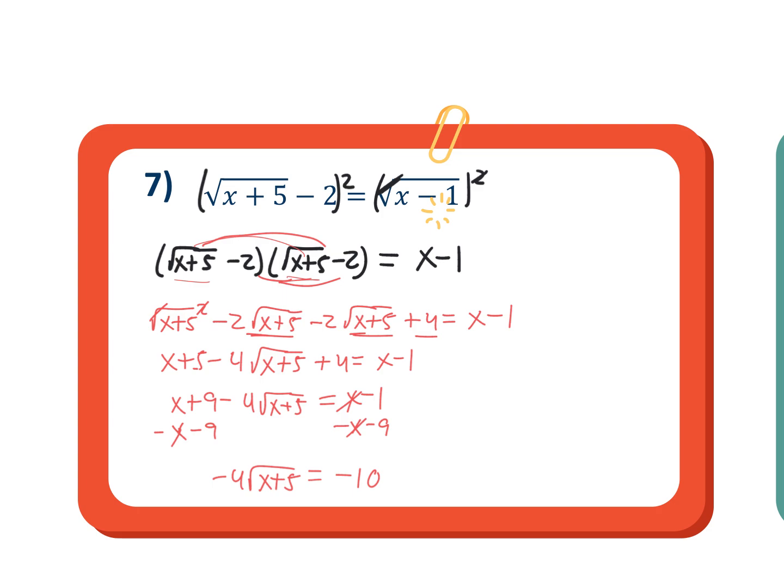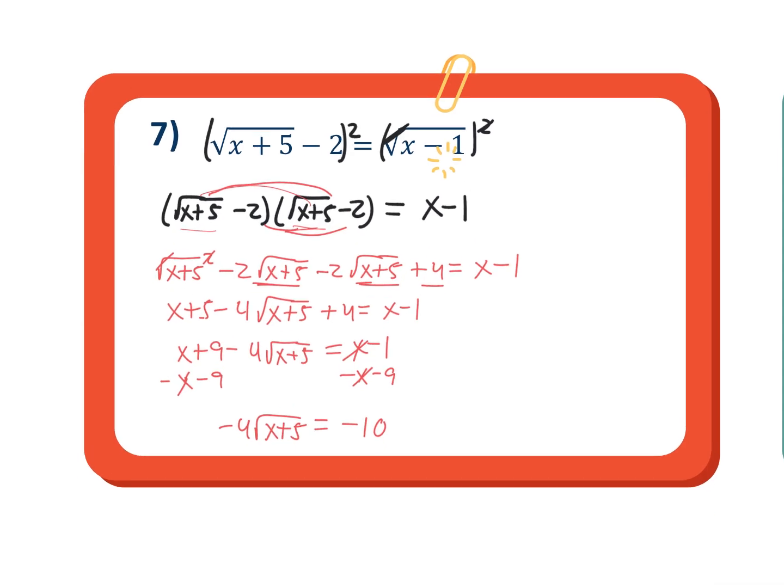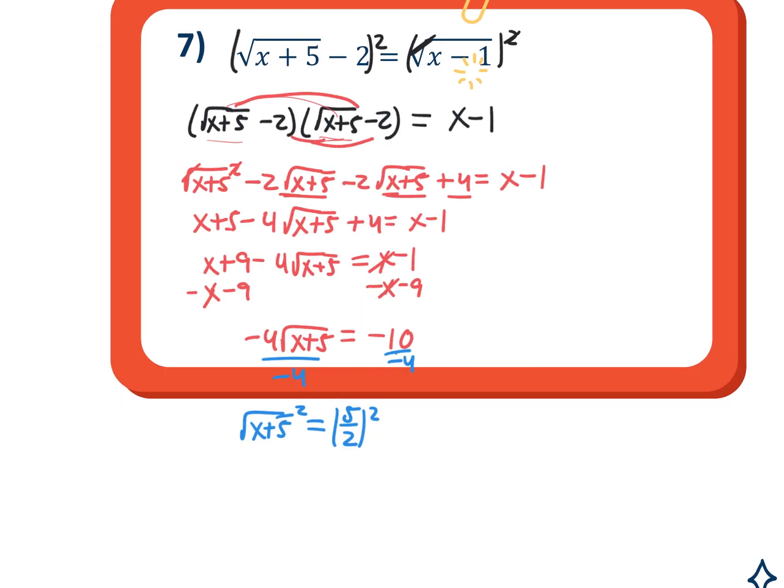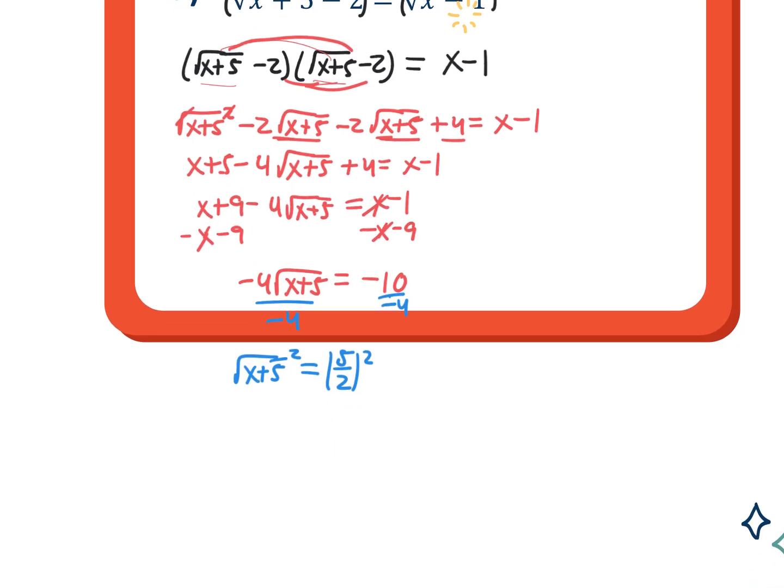because we don't have a binomial expression that we're going to have to square again. From here we can just divide by negative 4, just like normal, and then we're left with something that's not extremely complicated to square. Negative 10 over negative 4, simplifying that, is going to get us 5 over 2. Then all I have to do is square 5 over 2 instead of squaring a big binomial with a number on the bottom and then having to get rid of that. So just because it looks like this doesn't mean it's always going to take forever. It's still a little tedious, but hopefully you see it's not as long as some of the ones on the